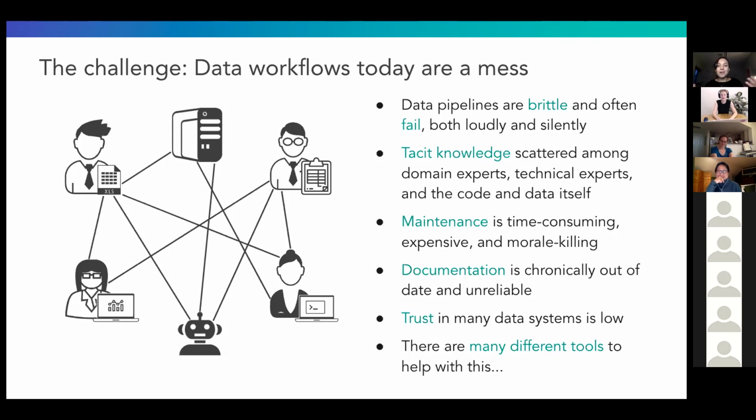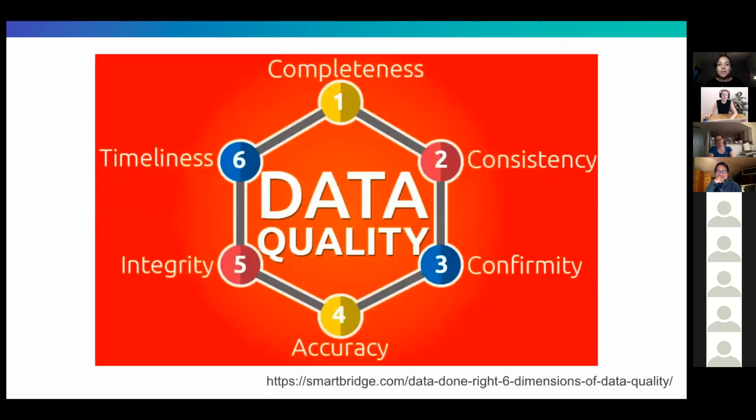And there's a plethora of tools nowadays that can help you a little bit with this, and that focus on data quality. So data quality is a bit of a big term. You might have heard of the 6 dimensions of data quality: completeness, consistency, conformity, accuracy, integrity, timeliness, or some